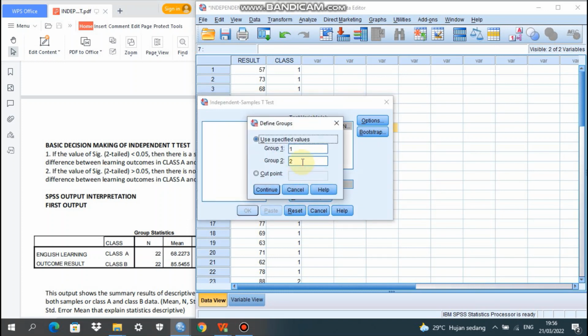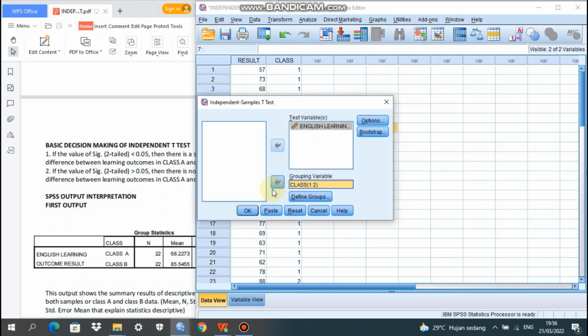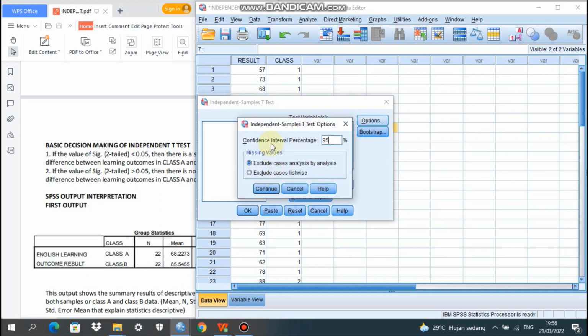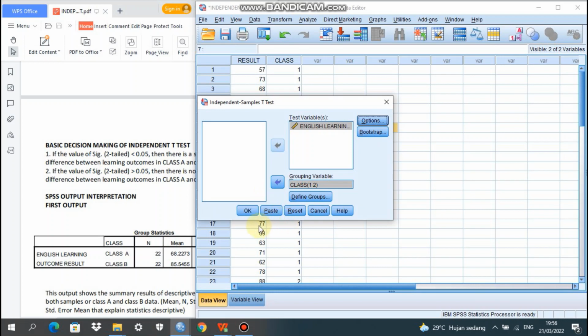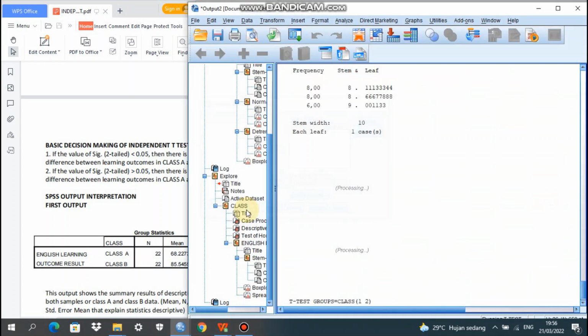Define groups. We type 1 for group 1 and 2 for group 2. Continue. For the options, the confidence interval percentage is 95% already, we leave it as default, click continue, and then click OK.